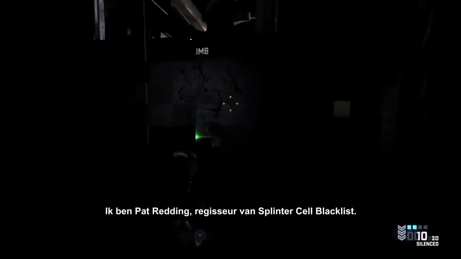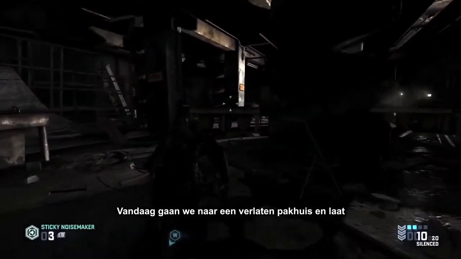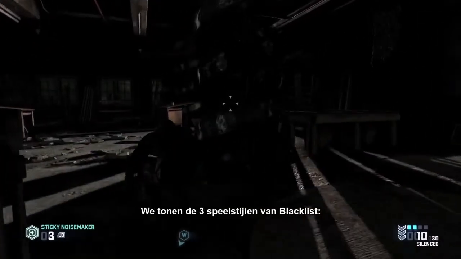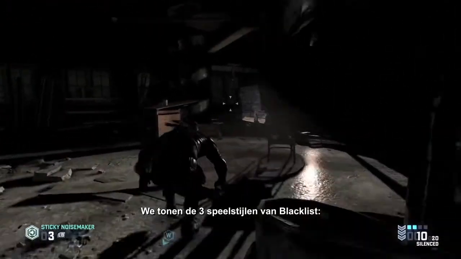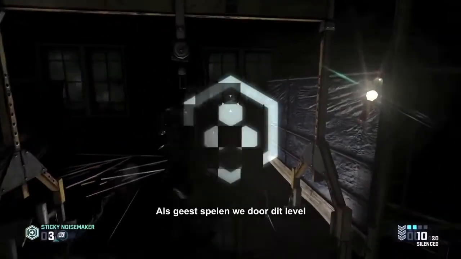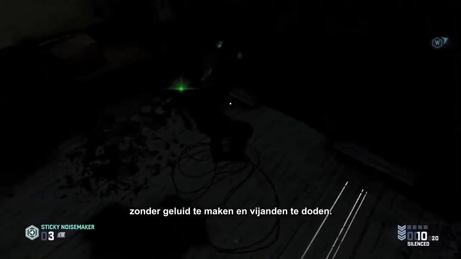Hi, I'm Pat Redding, Game Director for Splinter Cell Blacklist. Today I'll be taking you through the abandoned mill, and we'll look for a few different approaches for tackling this level. We'll be showcasing the three playstyles present in Splinter Cell Blacklist: the Ghost, the Panther, and Assault. First, we'll ghost through this section of the map, which means we'll take a silent, non-lethal approach and use the